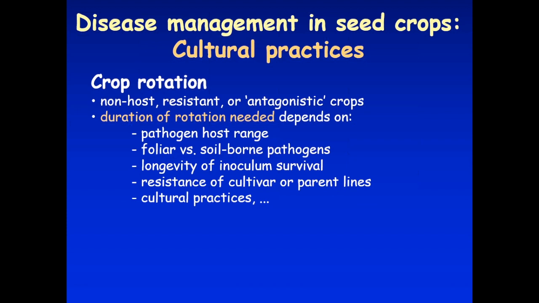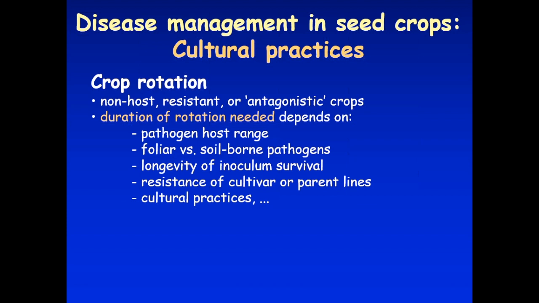Because soil-borne pathogens tend to be very persistent. They produce structures that allow them to survive in the soil for a long time, and a 2 or 3 year rotation often is not adequate for soil-borne diseases. A great example is in onions. We've been dealing with pink root, which is not a seed-borne pathogen, but where I see the worst cases of pink root in onion bulb crops is where growers have started to cut short on their rotation, down to 2 or 3 years. If they stick to 4 or 5 years, you tend to get a lot less severe pink root.